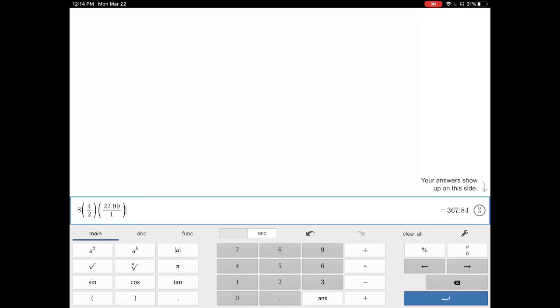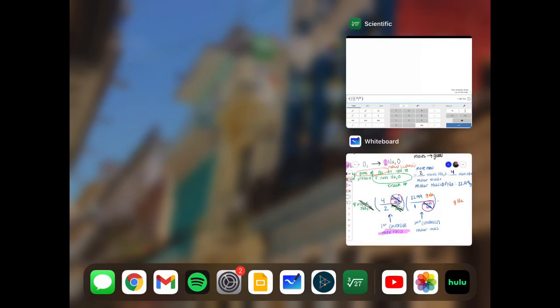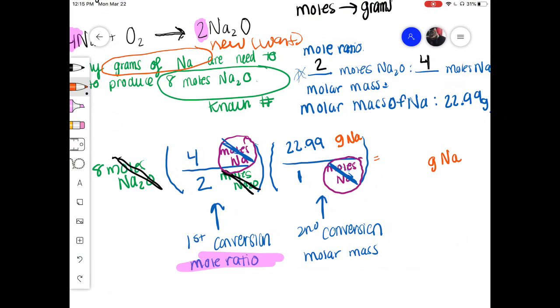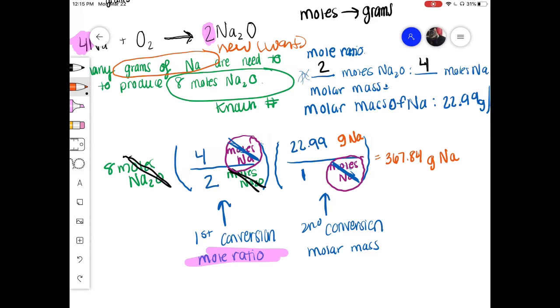And our answer is 367.84 grams. And that would be our answer. So the number of grams that are needed to make 8 moles of Na2O is 367.84 grams of Na. So the other way of doing